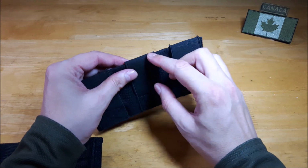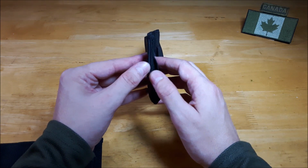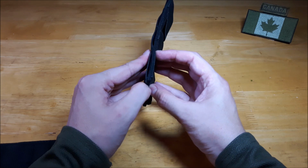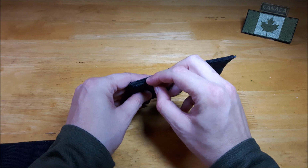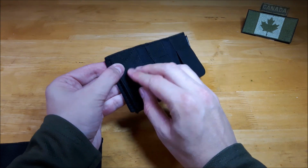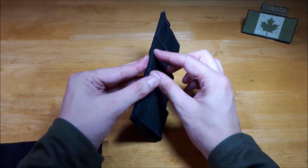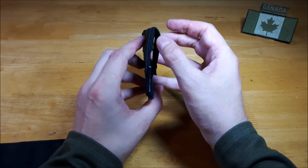It's not a huge issue, but if you turn this upside down, what they've done here is take a piece of material, Cordura here, and fold it in half to make the main plate with the Molle and everything on it, or the panel. And what they could do really is take this elastic material, fit it in between the two halves, and then fold it down and then do your stitching across to seal that in. That will make it so, as you can see when they did the bottom here, it's nice and flat. It's perfect. Because the issue here is that you see there's that little bit of sag,